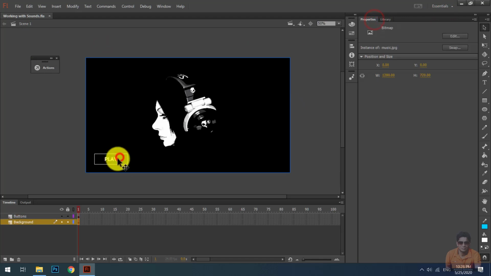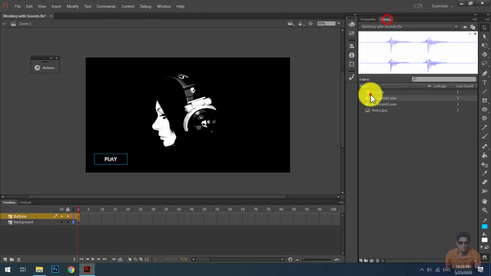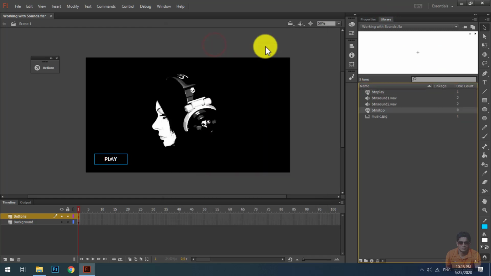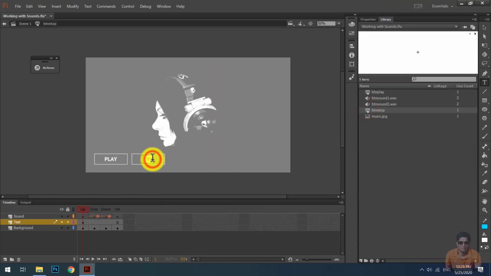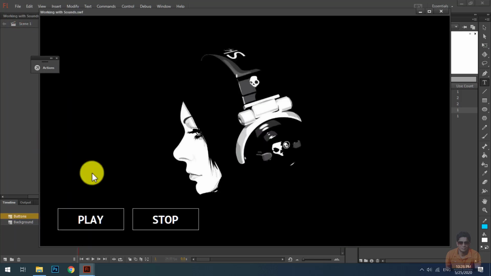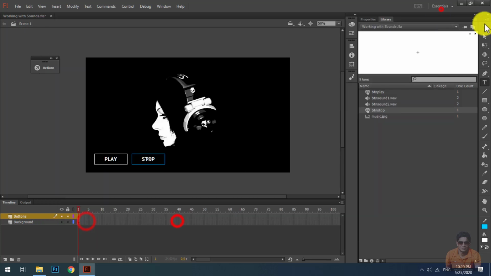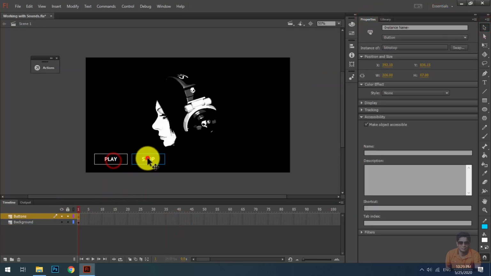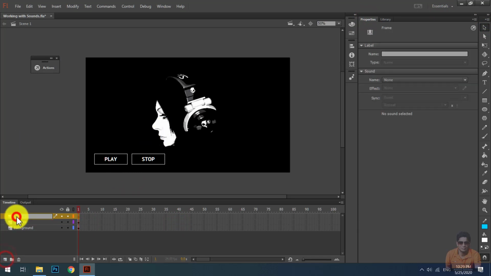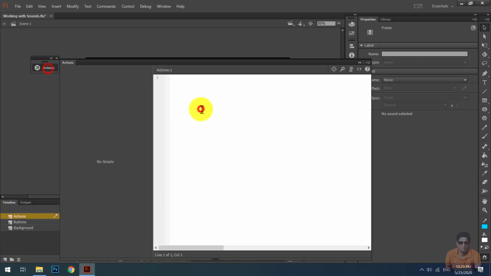You can hear the sound of this button, and I'm going to duplicate this button and add another duplicate button onto the stage, and change the text to stop. You can hear the sound, and I'm going to name those buttons BTN play and BTN stop, and also I'm going to add the action layer to play the music.